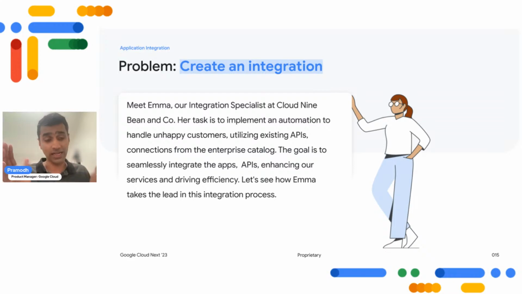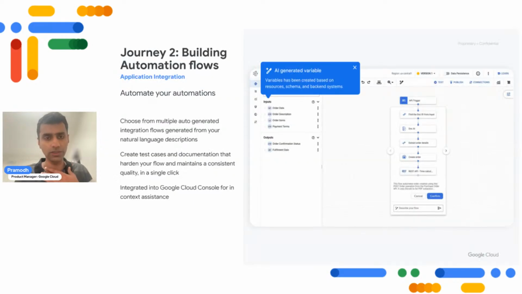All of that needs to get done, which could potentially take multiple weeks or a month to even get started, right? So now with the power of Duet AI, let's take a look at how it's actually going to get solved in a matter of possibly minutes, so that Emma could go and start building this and deliver it to the business faster.